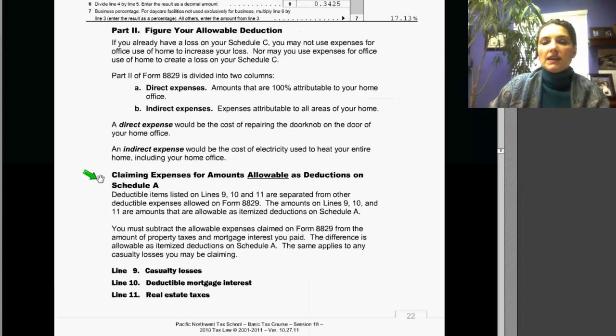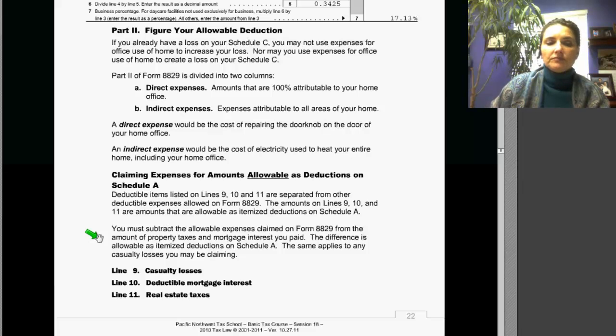Claiming expenses for amounts allowable as deductions on Schedule A. Deductible items listed on lines 9, 10, and 11 are separated from other deductible expenses allowed on Form 8829. The amounts entered on lines 9, 10, and 11 are amounts that are allowable as itemized deductions on Schedule A. You must subtract the allowable expenses claimed on Form 8829 from the amount of property taxes and mortgage interest you paid. The difference is allowable as an itemized deduction on Schedule A, and the same applies to casualty losses that